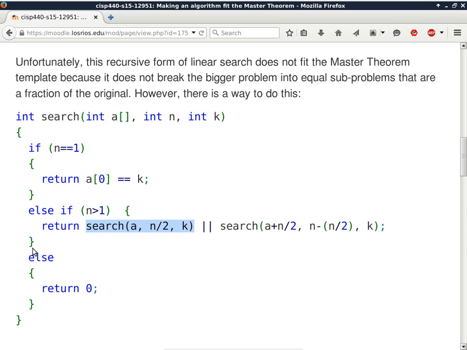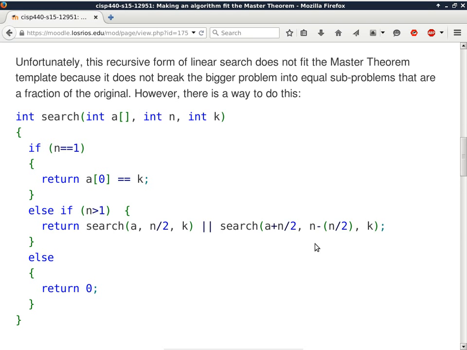In the first case, I say, well, let's start at the same point, but the size is half. So you take care of the left half, and then the other one will take care of the right half. You can see how I start the array with this particular recursive call. I use n divided by 2 added to a, and that's how I can specify the second half of the entire array. But in this case, the size of the array is going to be n minus n divided by 2, because n divided by 2 elements is already handled by the left-hand side, so this one only has to handle n minus n divided by 2 many items.